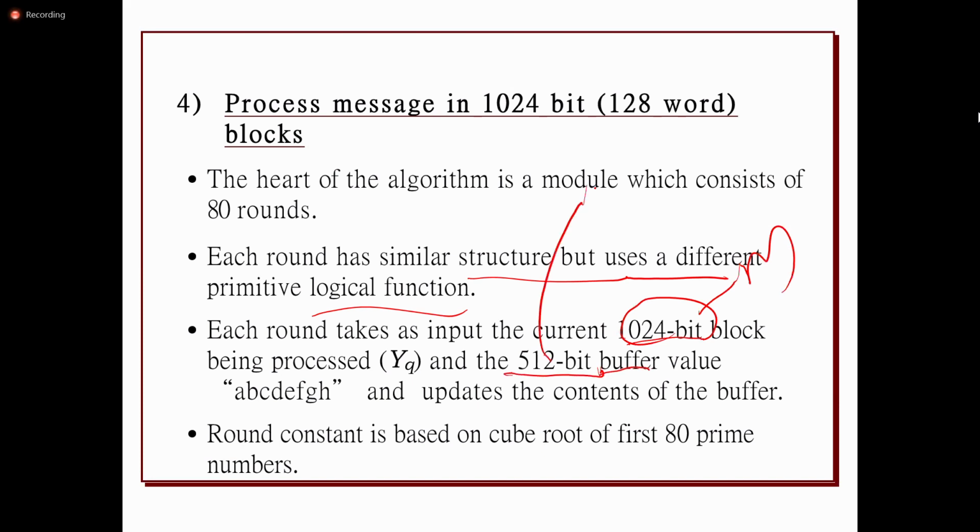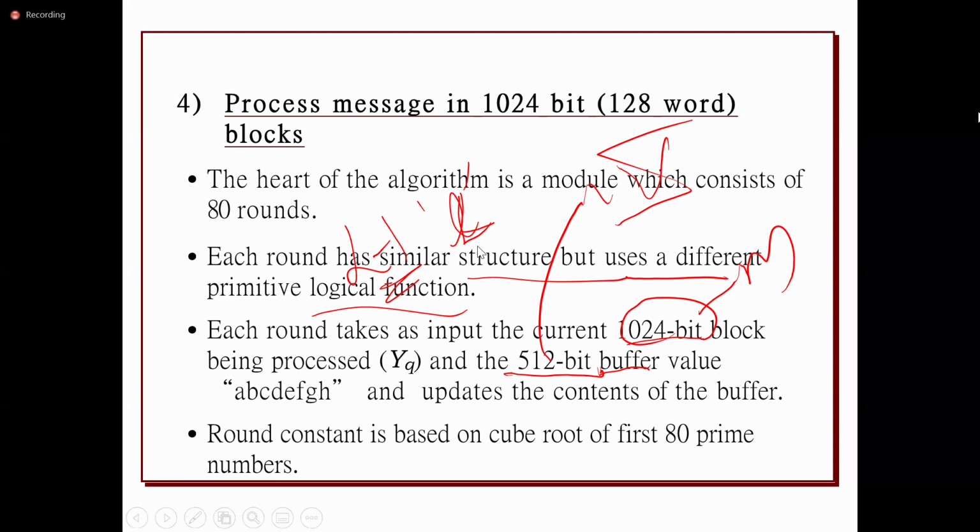For the first round, it will be the initial value, and for the remaining rounds, if it is going to perform the Lth round, then the output of the L-1 round will be the input to the Lth round. Okay. And the round constant is based on the cube root of